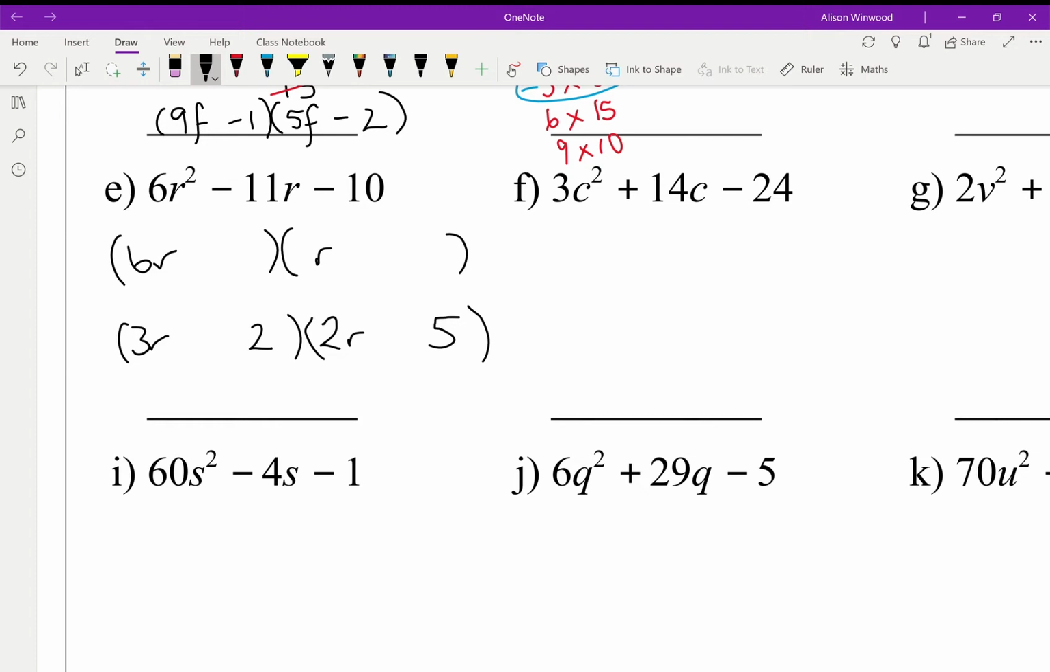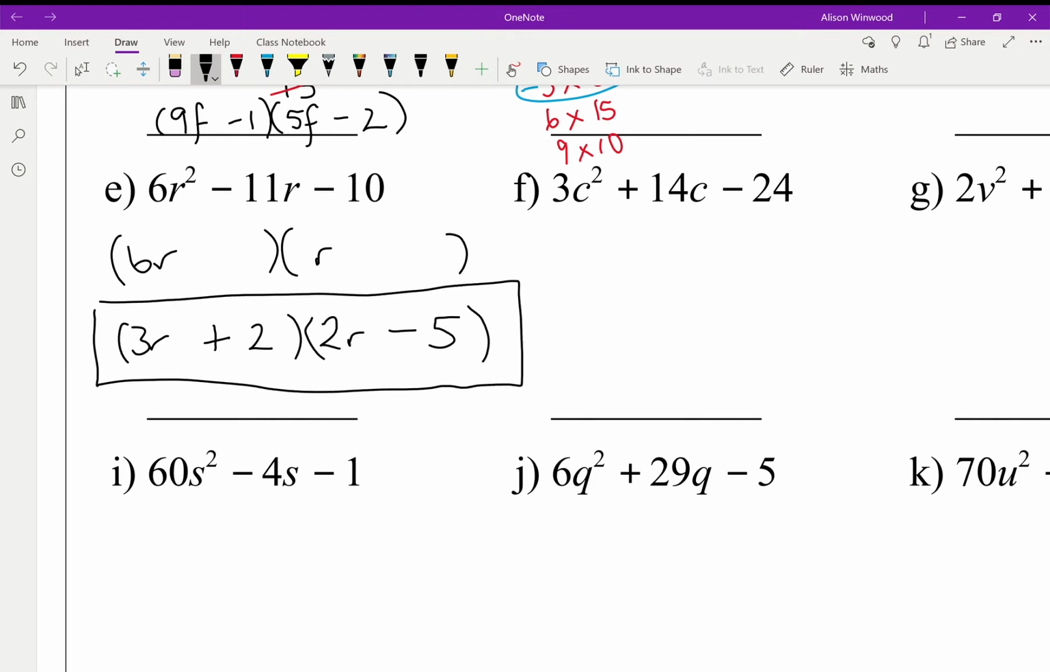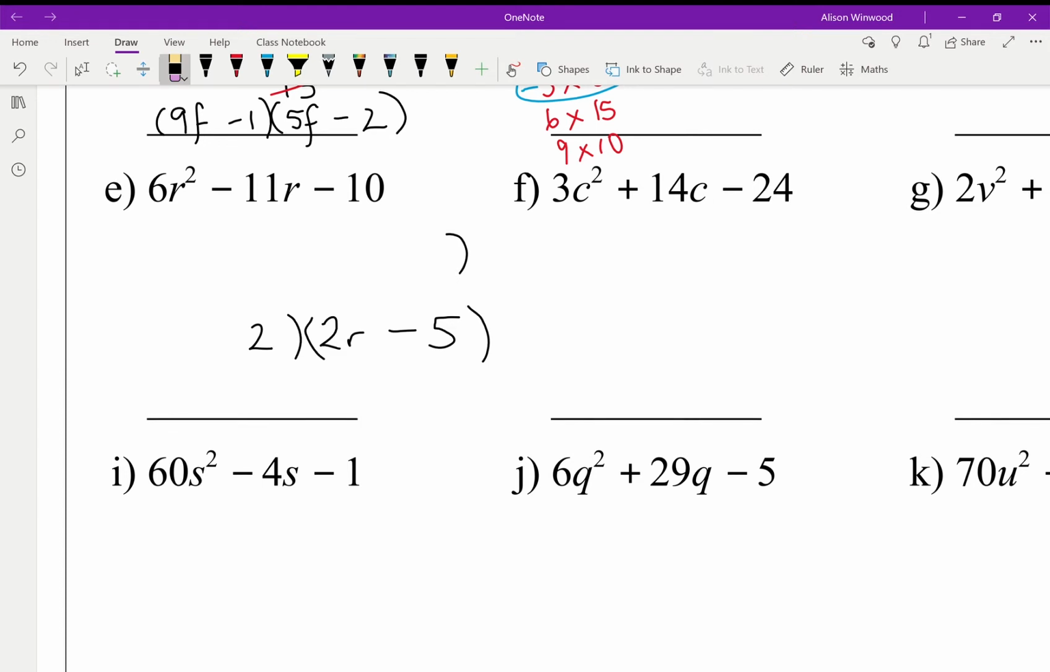Well, if I have a -5 and a positive 2, my outers give me -15, my inners give me positive 4, which does give me -11. So that is my answer. Now, that's just by lots of trial and error, doing lots of mental calculations. If you follow the other method, and we have 6r